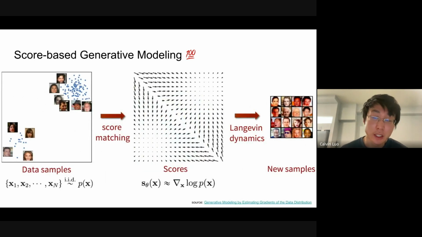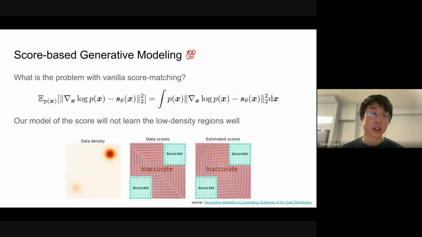So score-based generative modeling, pioneered by Yang Song: the idea is we'll have data samples, we'll perform score matching, and then we'll use Langevin dynamic sampling to generate novel samples around those data modes. But what is the problem with vanilla score matching? Well, if we expand out the equation, it looks as follows,